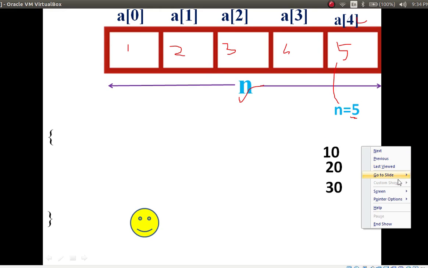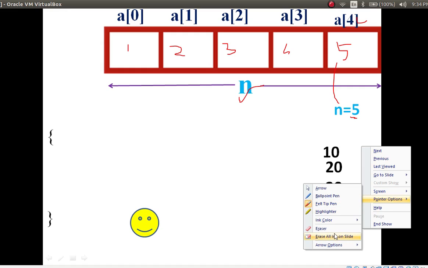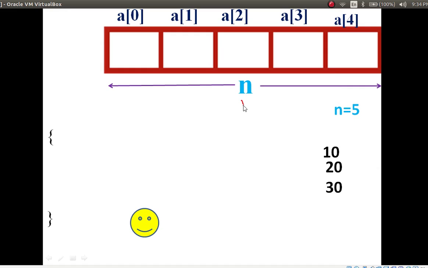Now, the n variable is done. We require another variable, that is i. Why do we require another variable? We have to store these index values in that variable, so the variable name is i, in general. So what are the i values?